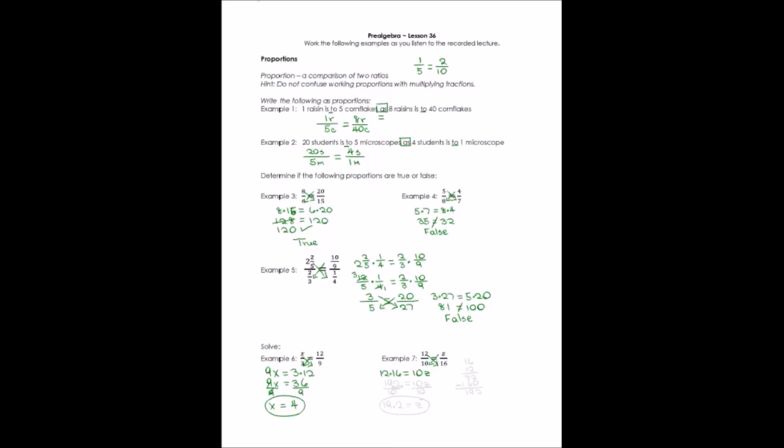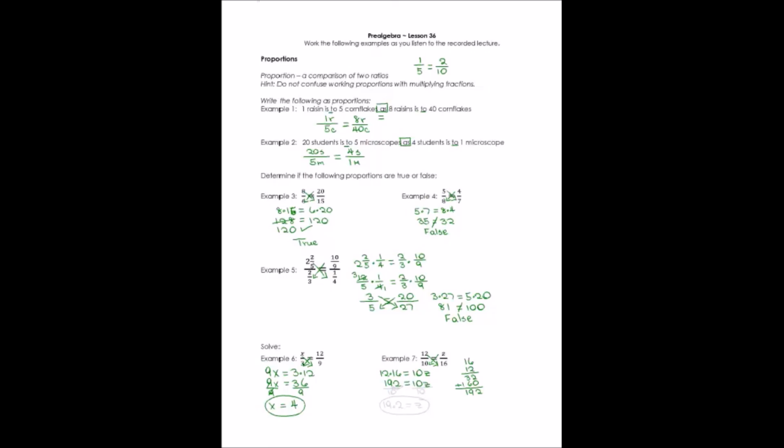Now 12 times 16, I can't do that in my head, so I'm going to write it over here. And 2 times 6 is 12, carry your 1, 2, 3, put down my 0, and I say 1 times 6 and 1 times 1, and I add. I have 2, 9, 1. It looks like I've got 192. 192 is equal to